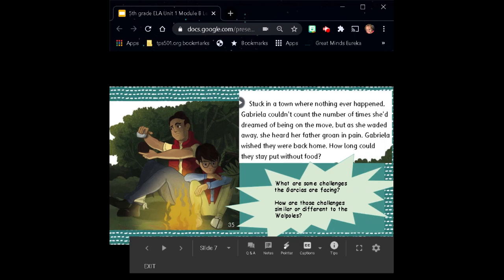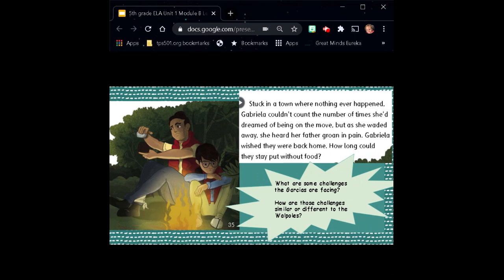Stuck in a town where nothing ever happened. Gabriella couldn't count the number of times she dreamed of being on the move, but as she waited away, she heard her father groan in pain. Gabriella wished they were back home. How long could they stay put without